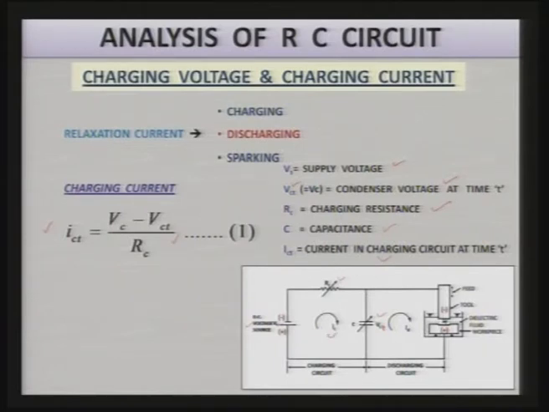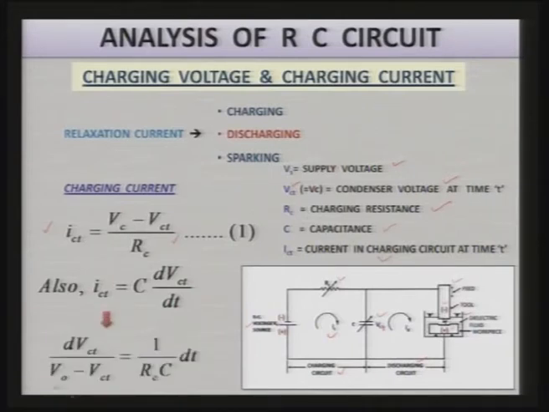The current flowing in the discharging circuit is given by I_d, and in the charging circuit is given by I_c. On the right side you see the tool, which is connected to the negative terminal of the power supply, and the workpiece is connected to the positive terminal, and the dielectric fluid is there. The workpiece is shown plus and the tool is shown as negative. Now, here is the charging circuit, this is the discharging circuit, and with the help of this equation you can calculate the current I_c in the charging circuit. Also, I_c(t) is given by C dV_c(t) over dt,